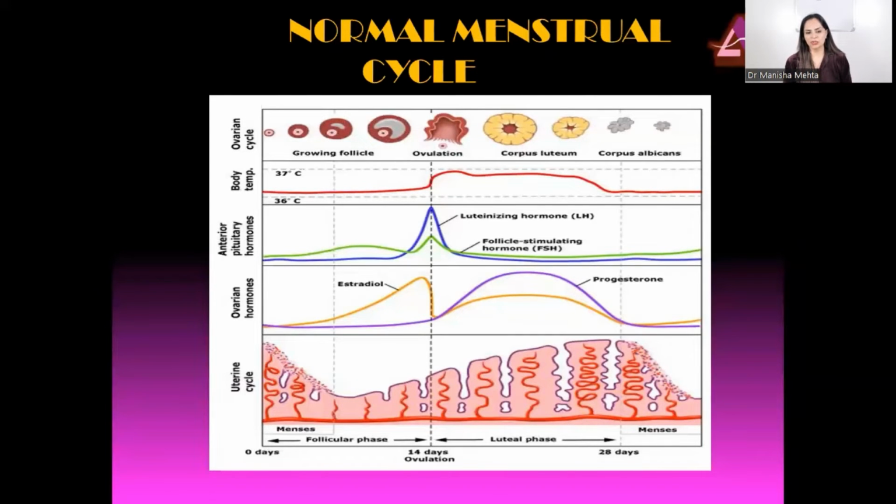Now you can see the ovarian hormones, 1, 2, 3, 4. In the fourth part of my diagram, the estrogen hormone is gradually going up prior to ovulation. What is this estrogen hormone going to do? This estrogen hormone is going to help in the development of the endometrium. Remember,